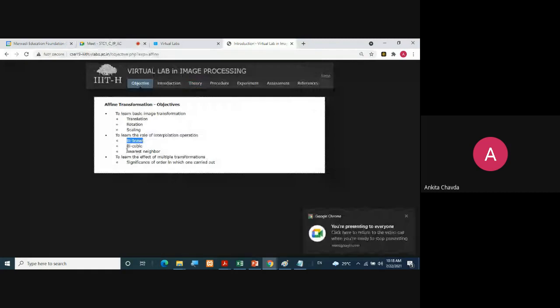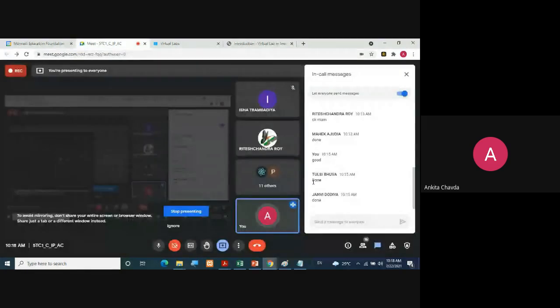Nearest neighbor, the name itself says how many pixels it will consider. Bicubic, I said, will consider 16 pixels. So check for bilinear, how many pixels it will consider for interpolation. Check and let me know.